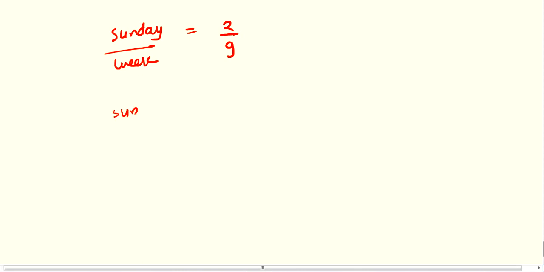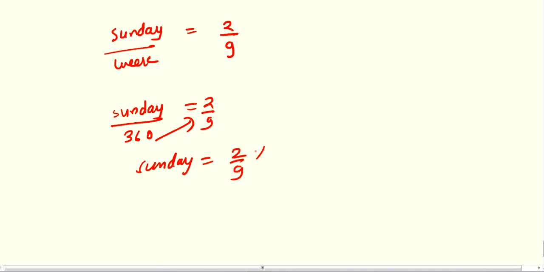So we have to find the sale of X on Sunday, and the sale of the week is given to us, which is rupees 360 equals 2 by 9. Same, transpose this. So sale of X on that Sunday equals 2 by 9 into 360. 9 1s are 9, 9 4s are 36, 9 0s are 0. Then 40 into 2, 80. Means the sale of X on that Sunday was rupees 80. Question number 9 you can solve.